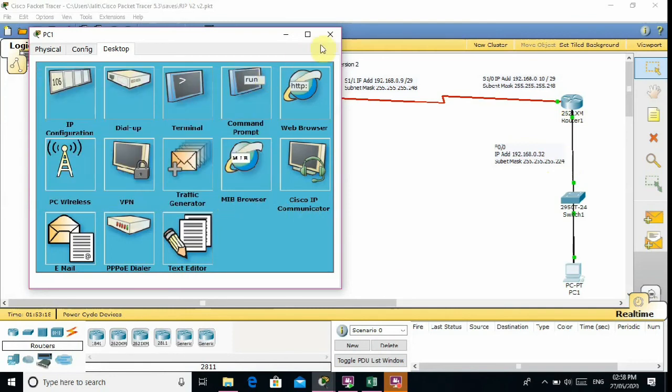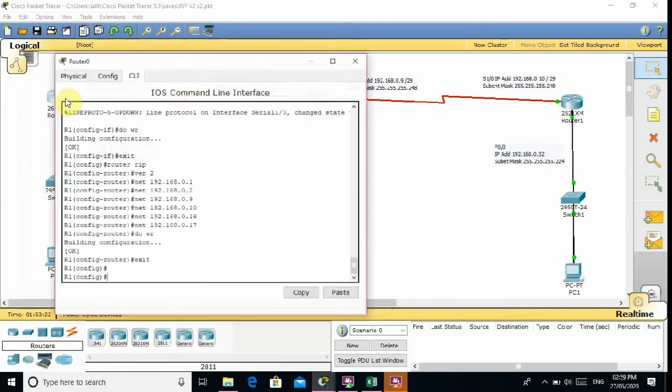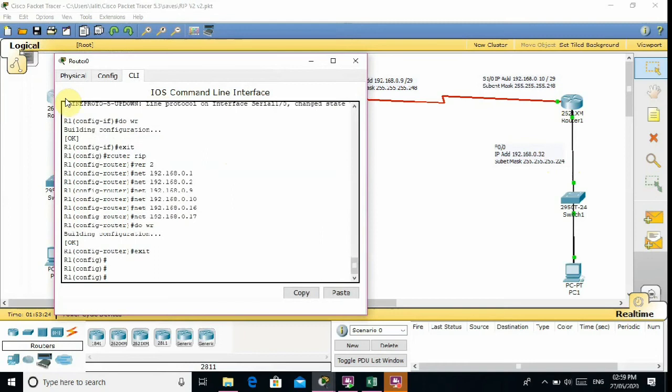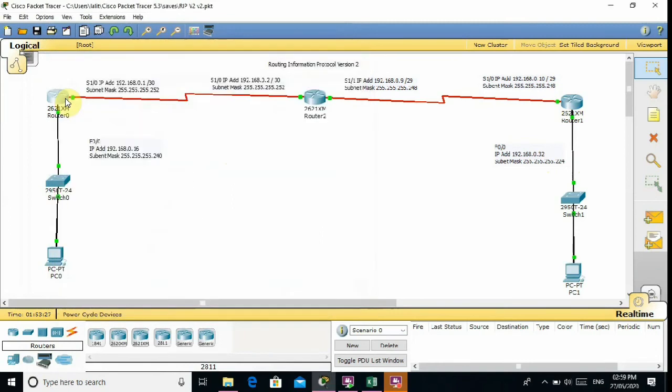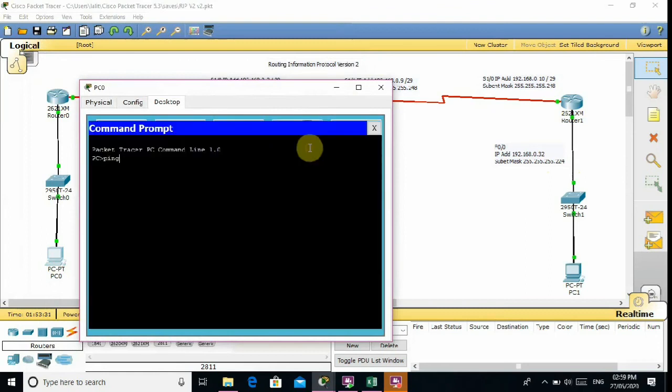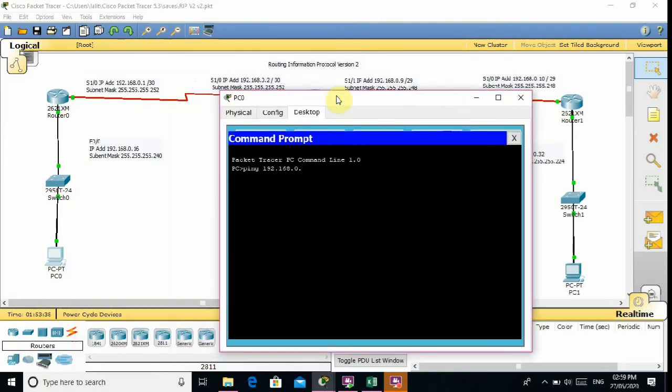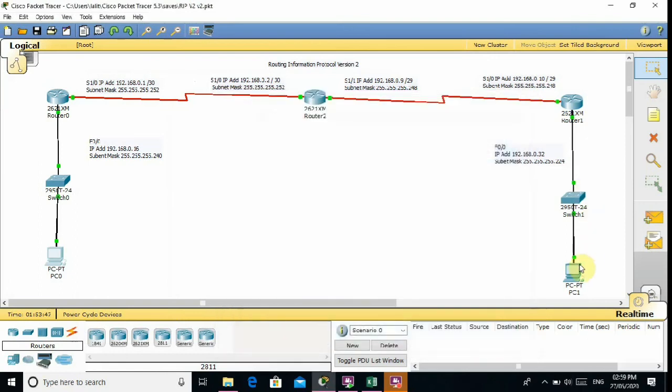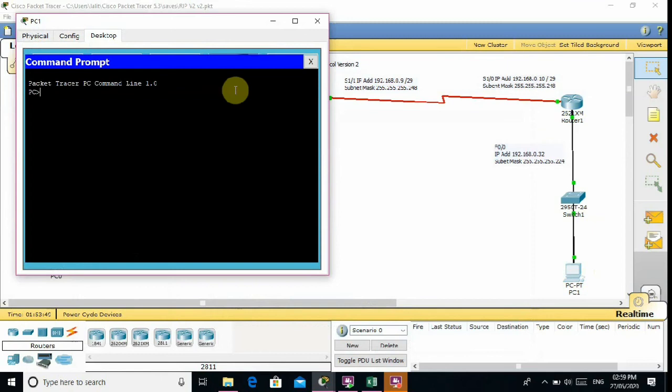Now I will ping from this desktop to the router. Ping 192.168.0.1. I am pinging from the desktop on router first's FastEthernet 0/0 switch.